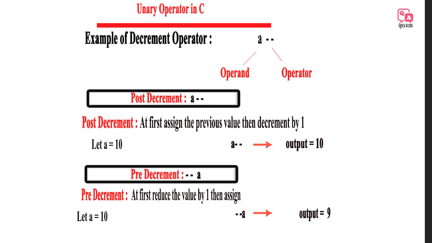Now, it is very important to know how to use the pre-increment operator, how to use the post-increment operator, as well as how to use the post-decrement and pre-decrement operators in the C programming language. It is very important, not only in C, but in C++, Java, everywhere you have to use this kind of operator. Now I'm giving an example of how to use post-increment and pre-increment, or we can say the unary operator.